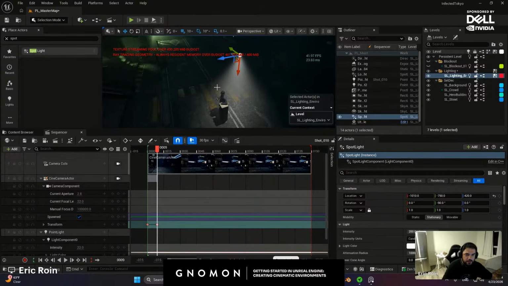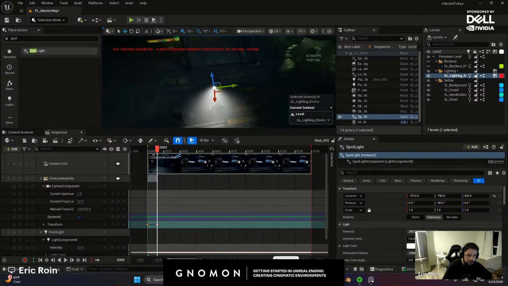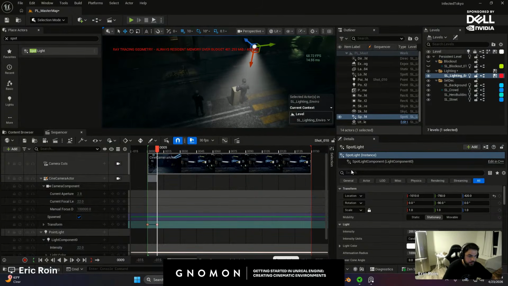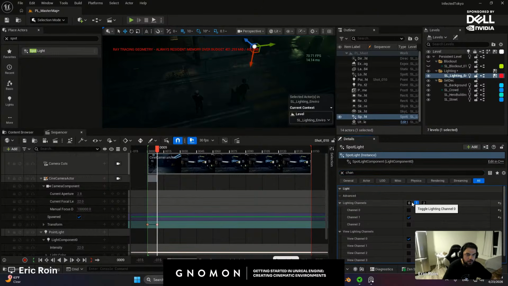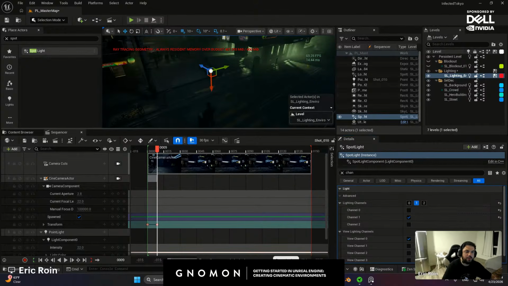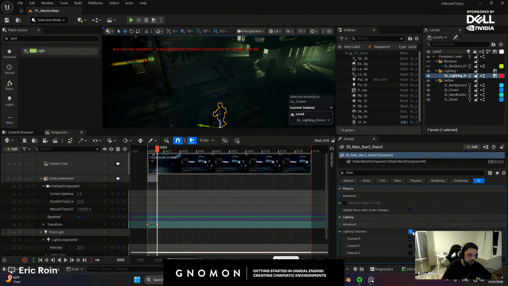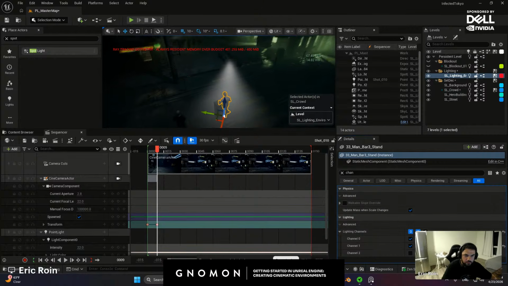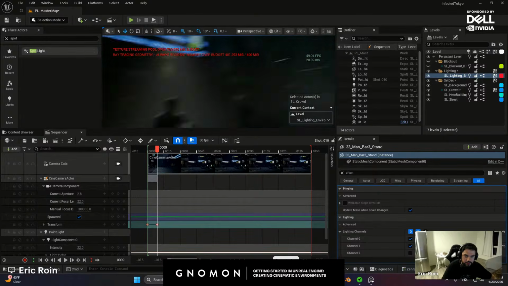Now I want this light to only affect our lovely guy here. So what we have to do is set it to different channels. I'm going to search for channel, set it to channel 1 only, and uncheck channel 0. Now nothing in our environment is set to channel 1, so this light does not affect anything. But if I select my guy and keep him on channel 0, because I do still want the ambient light, and add channel 1, now you see he's receiving that light source, but nothing else gets affected.